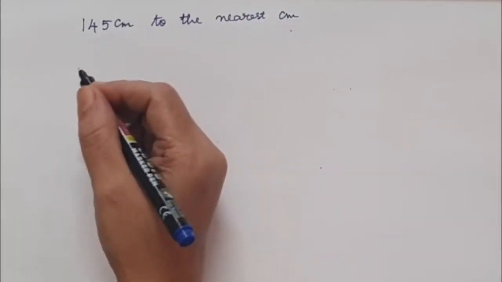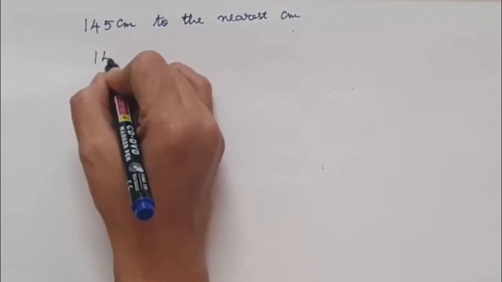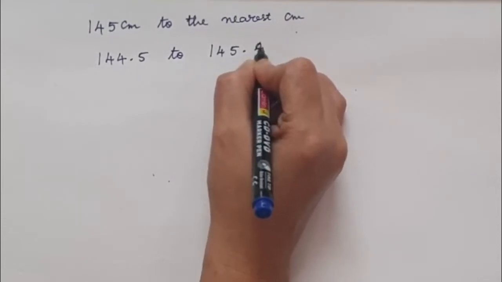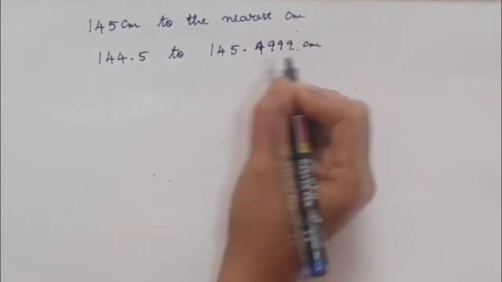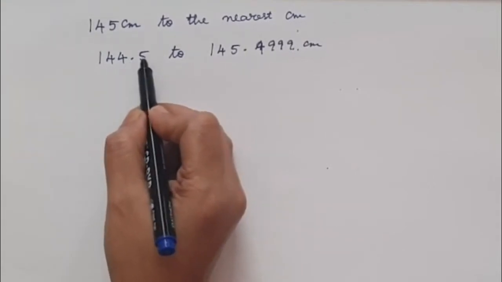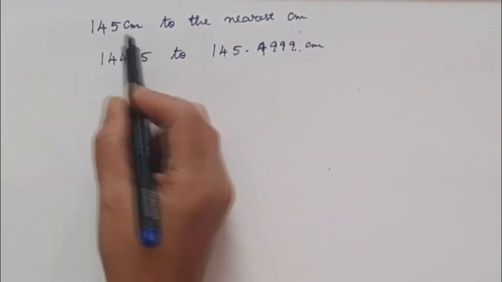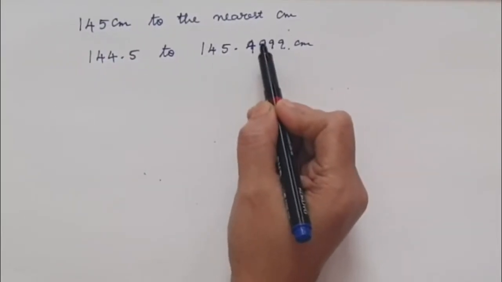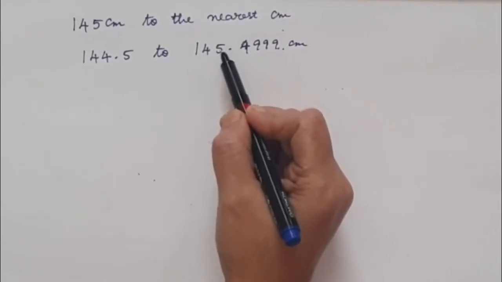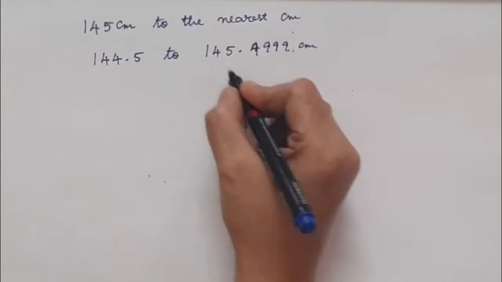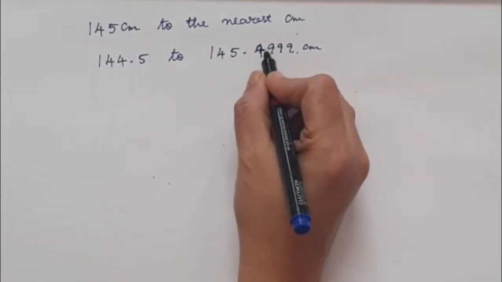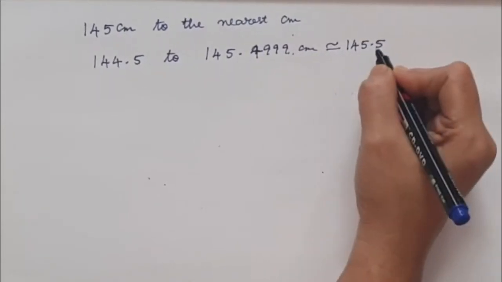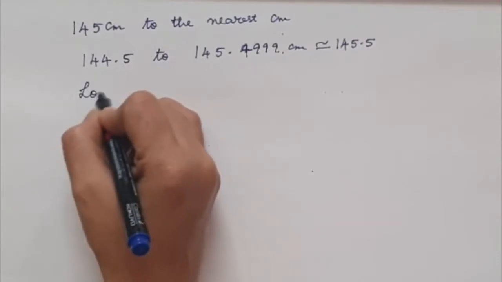That means the actual length can be anywhere between 144.5 to 145.4999 centimeters. That is, when it is rounded to the nearest centimeter, this is 5 and more than 5, you add 1 to it. So it is 145. And this one is also 145.499. When we look at the 4, we will not be able to add 1. So it is 145.499. This 145.499 is approximately equal to 145.5. So in this case, we say that the lower bound